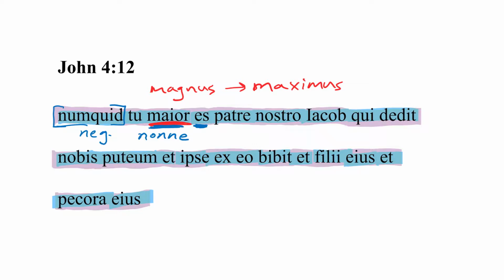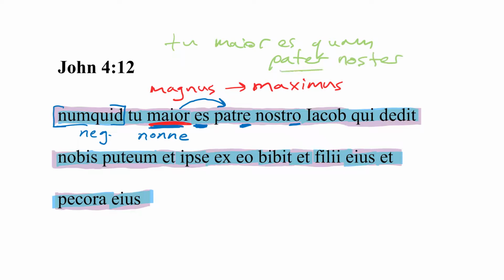Are you greater? And as with many comparisons, we have an ablative of comparison, two ablatives of comparison, in fact. Now remember, there's two different ways we can do comparisons. We could say tu maior es quam pater noster, where both things being compared are in the nominative case, and we find quam in the middle. Or we could eschew quam and simply use our second element in the comparison in the ablative case, which is what we've got here, which is an even more compact way of indicating that comparison. Are you really, we might say, are you really greater than our father,